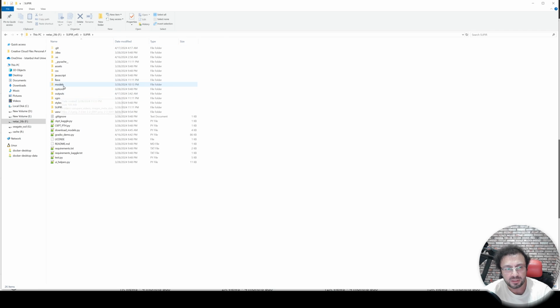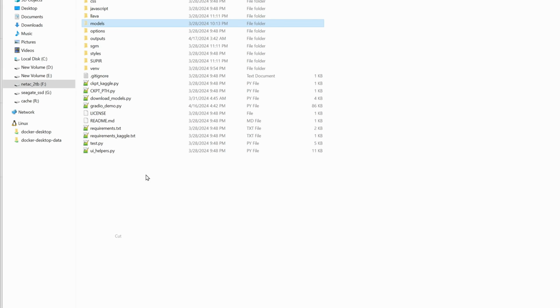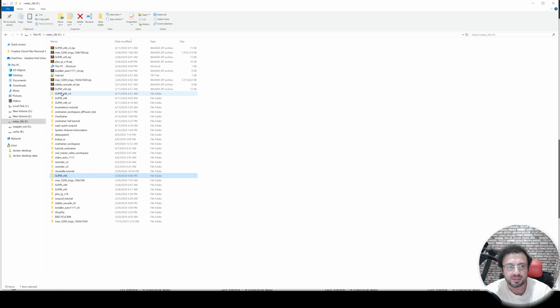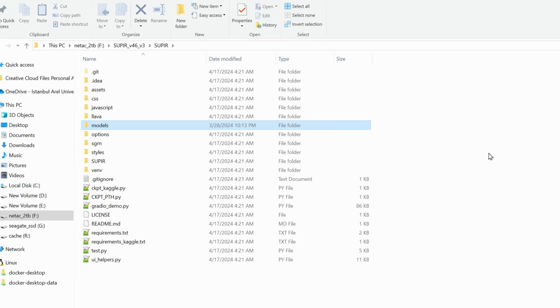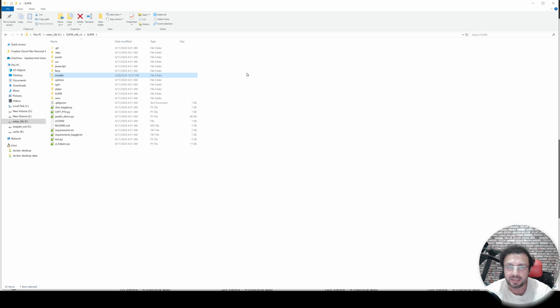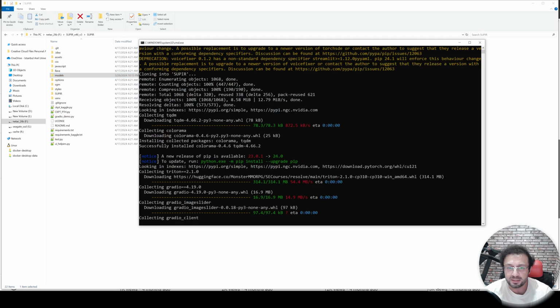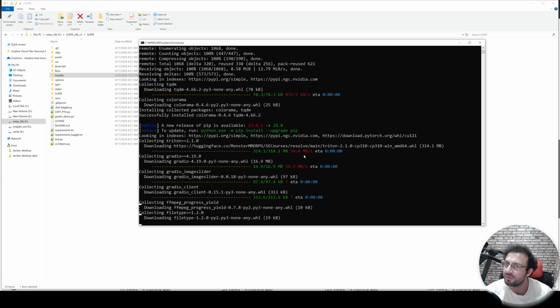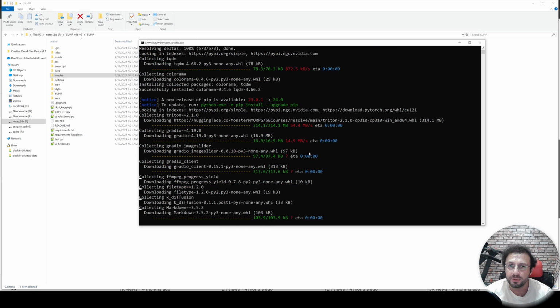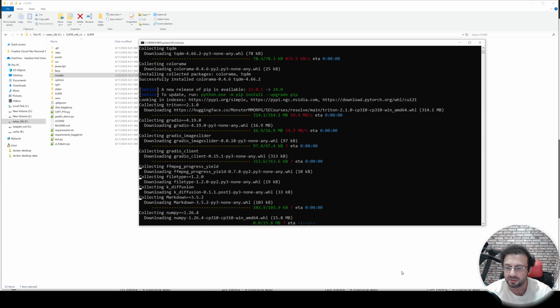So the models were here, I just cut this to move them into my newest installation, which is here inside super, and paste it. And then I move my existing model files. It may give you several errors because the file is missing. However, it is not important because it will complete all the installation automatically for you.